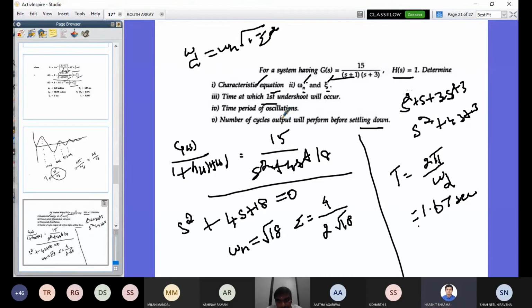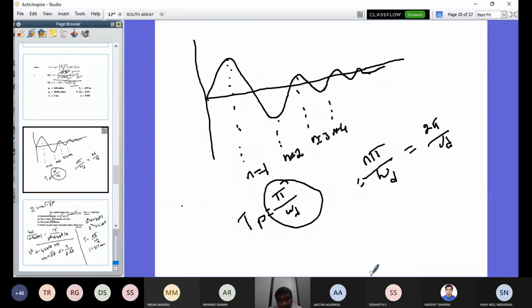Sir, can you first calculate the frequency and then calculate the time? Calculate the frequency. Frequency already we have, no? This is damped frequency of oscillation. It is omega d. Then actually what is one cycle? One cycle only we are considering to determine frequency or time. Correct. To consider frequency or time, we consider one complete cycle.